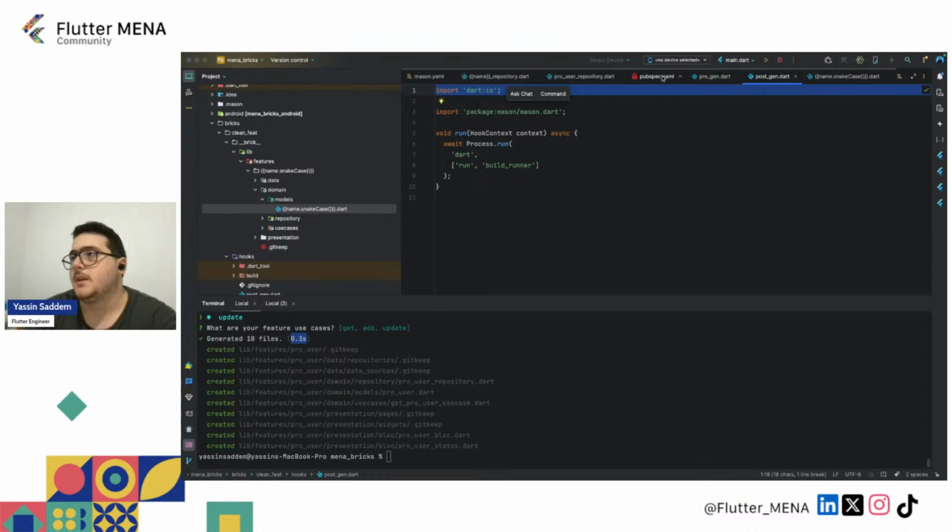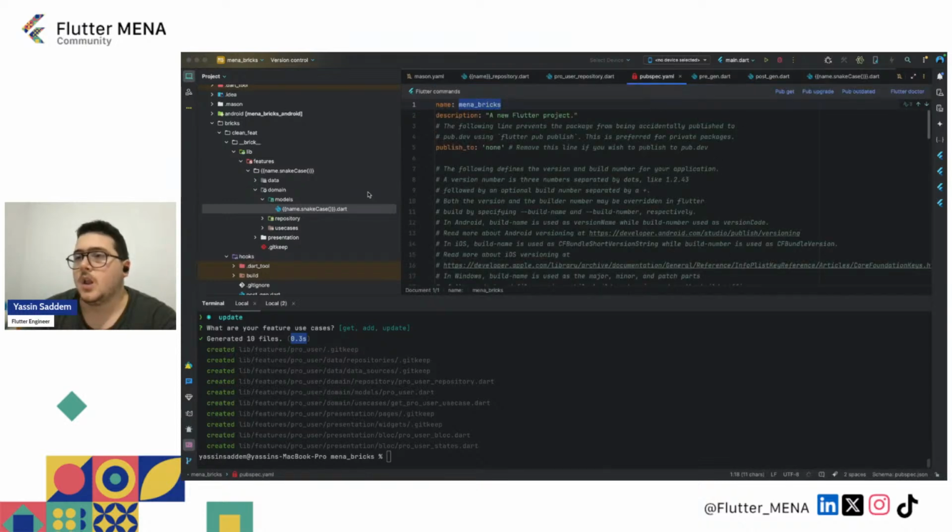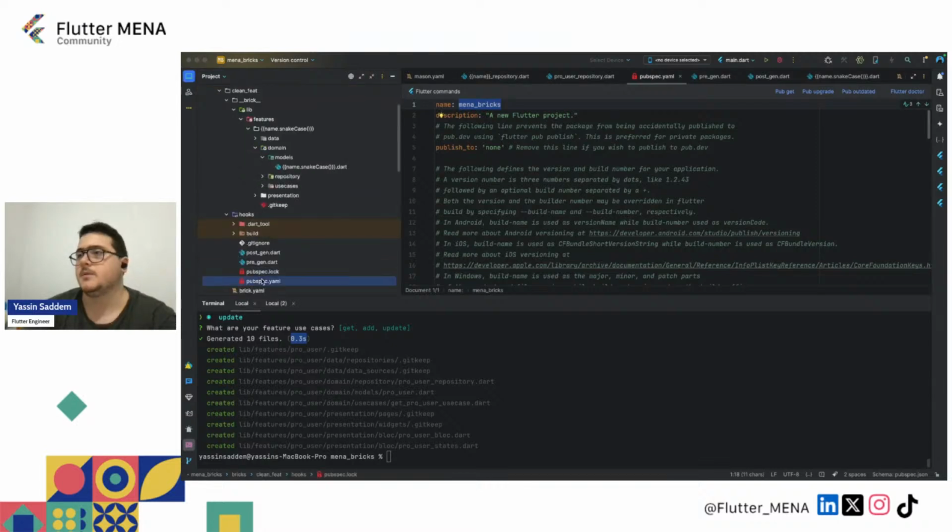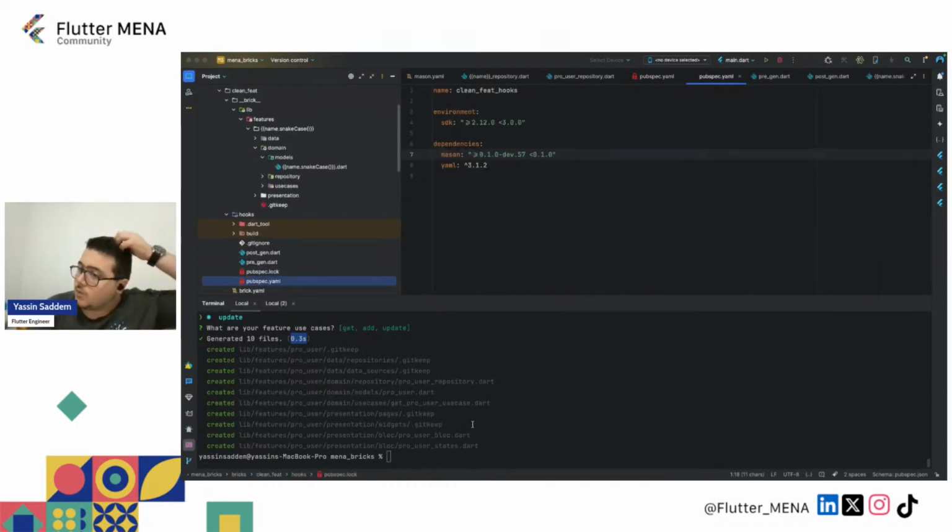You see use dependency here, side hooks. So in the pub,